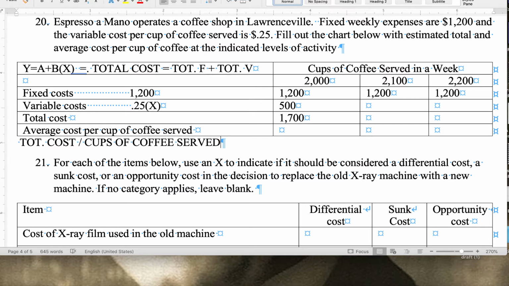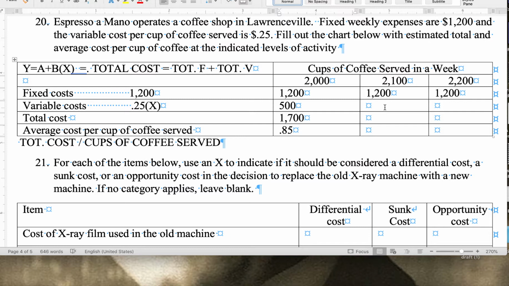Okay, so if I take 1,700 and divide it by 2,000, I end up with 0.85. So basically at 2,000 cups served, my total costs are $1,700. My average cost per cup of coffee is 85 cents. Let's do the same thing looking at